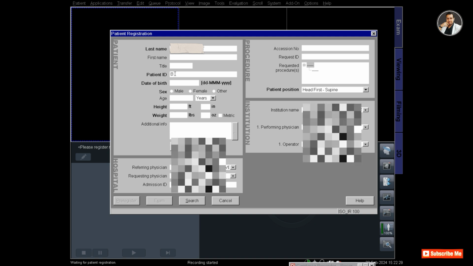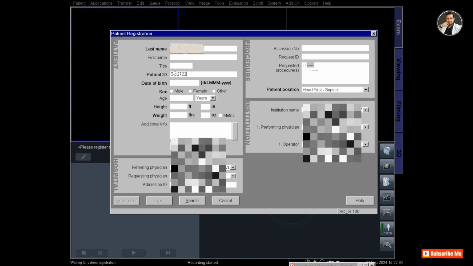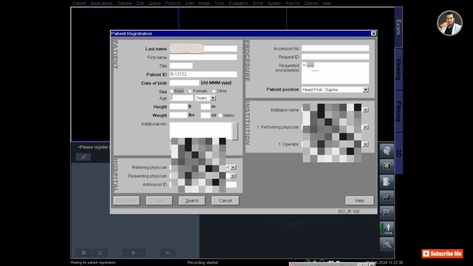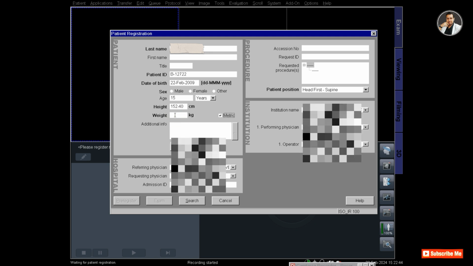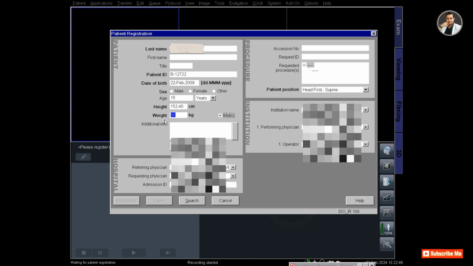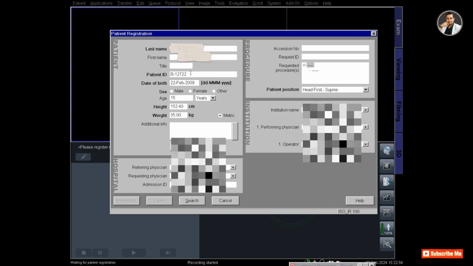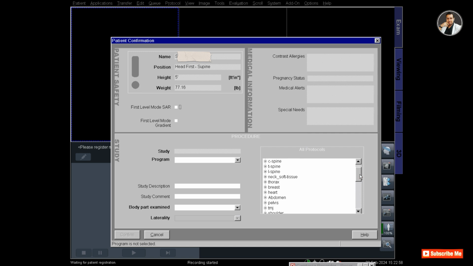Then enter the patient's name, then patient's ID, and then age and height and weight of the patient, and also enter the sex, male or female. The exam button will not appear if you do not enter all the options, and then from the protocols